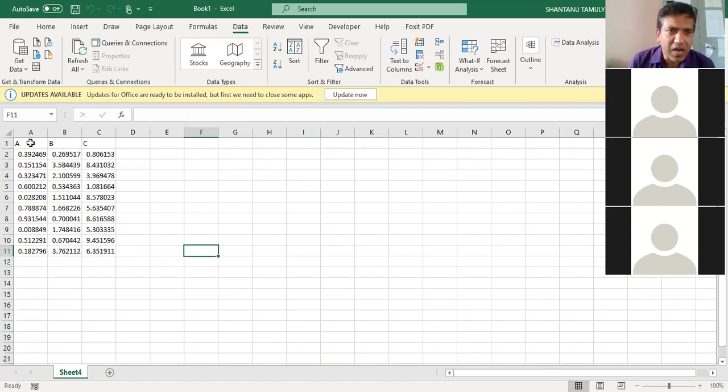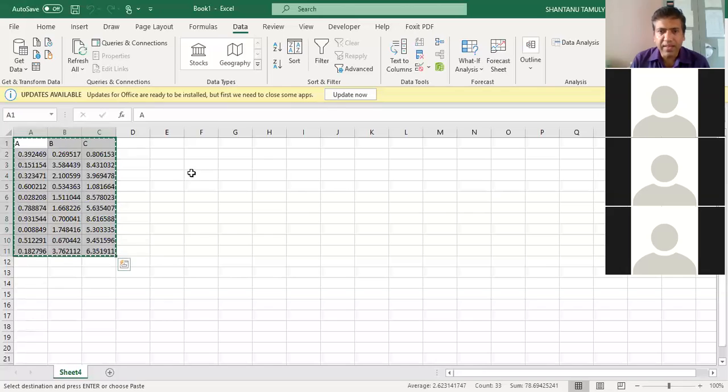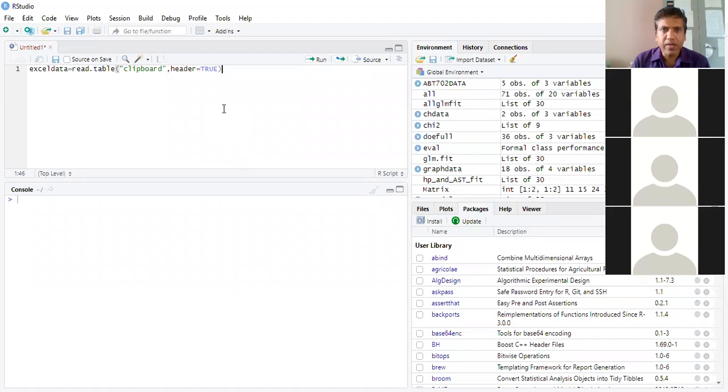Now I will just select them, then copy, and then I will come to the program. That particular data which I have just copied has entered the clipboard.